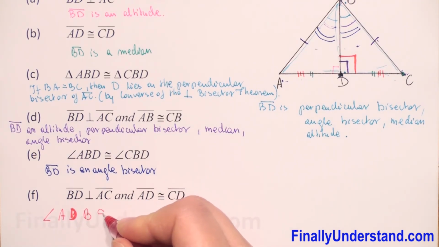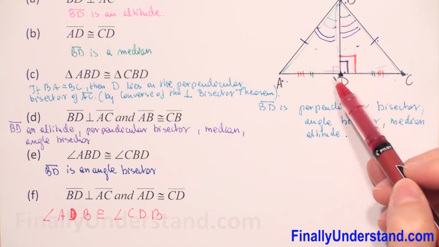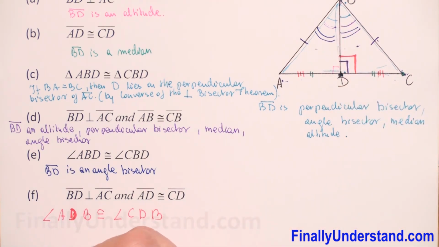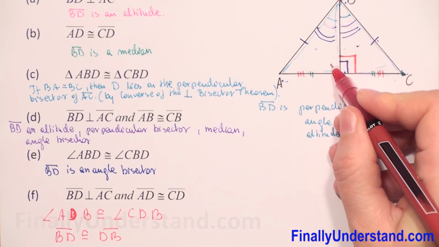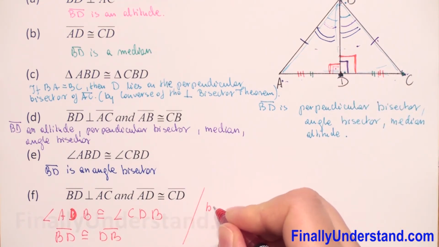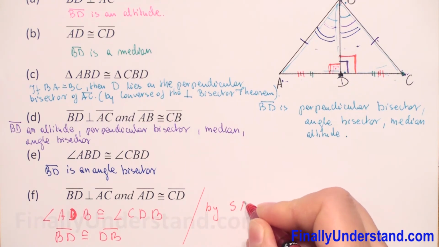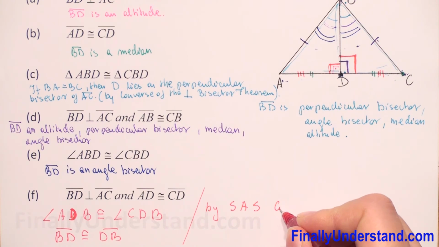And of course BD is congruent to DB. So we have side, angle, side. Here we have right angle too. So by the side, angle, side congruence postulate,